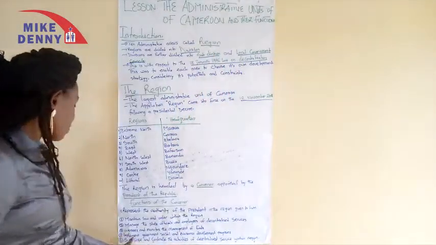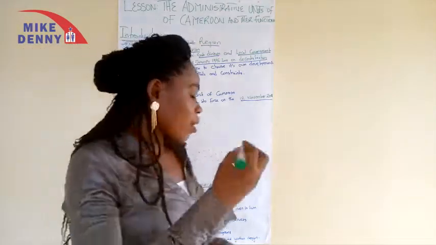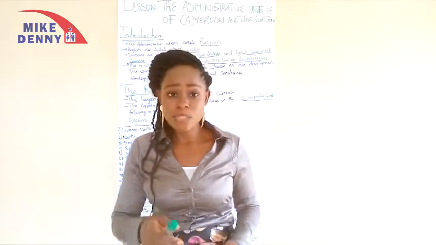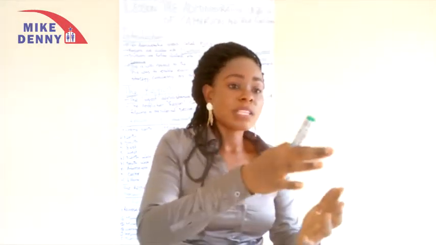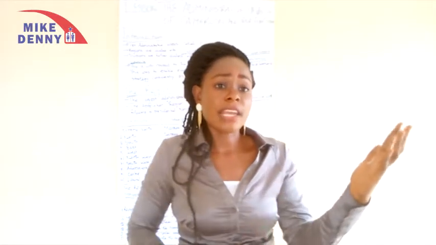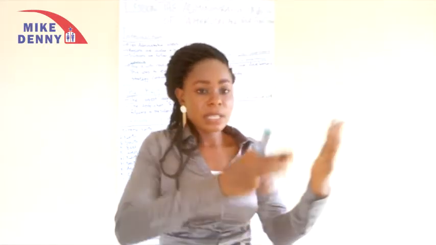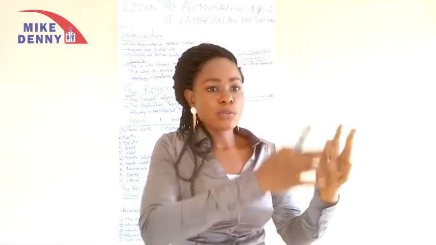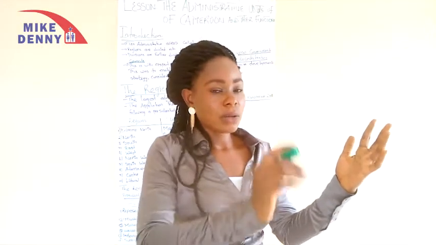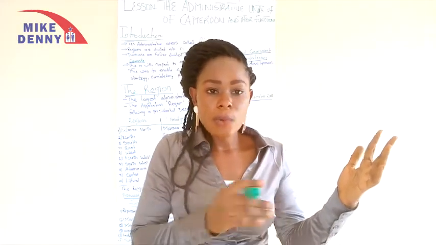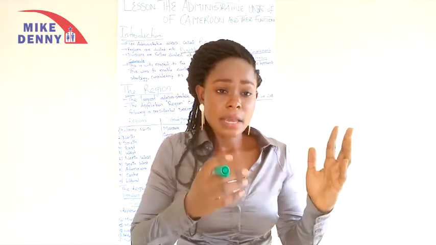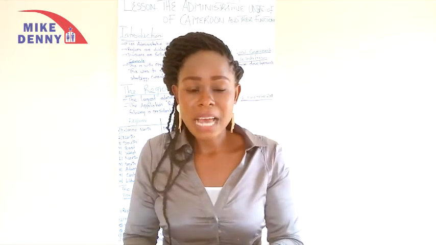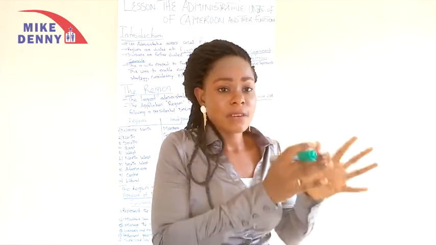The next we have, he implements government social and economic programs. The government will come out with social and economic programs, and these programs are on paper. They will bring this program on paper that this is what we want to do for the year. Maybe the government may say for this year, we want to construct schools in Furunkankan. We want to open schools in the Northwest, or in the South, or in the Center, or anywhere. When they come out with that plan, it is the work of the governor to make sure that these plans are executed in their respective regions.